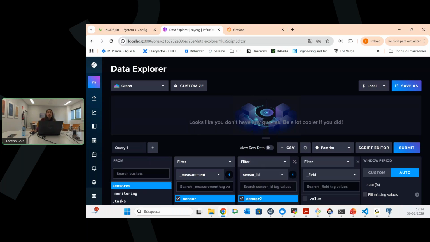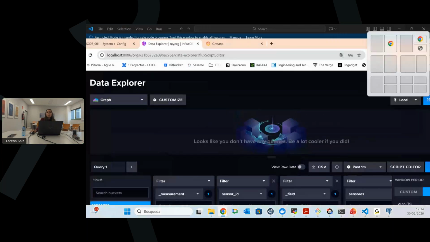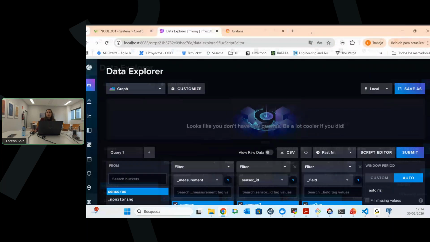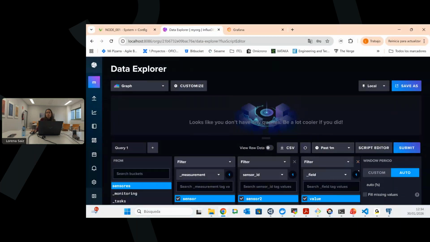the sensor 2, and then the value. So small. The sensors field and the value field, and then